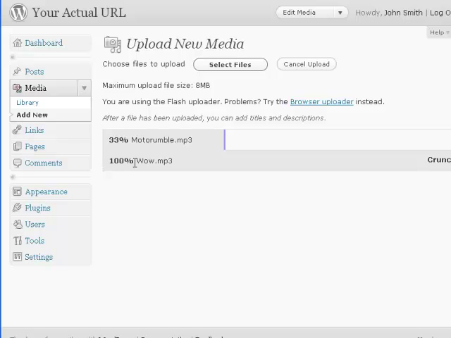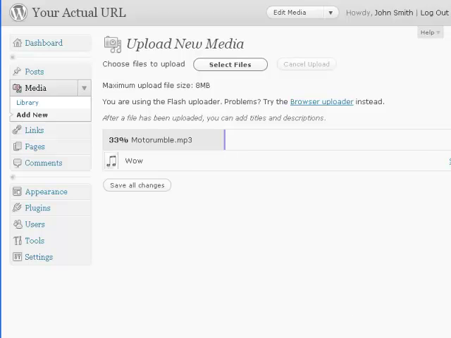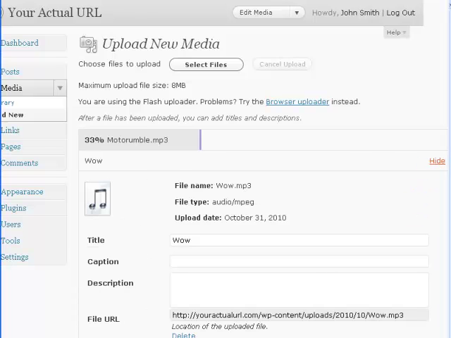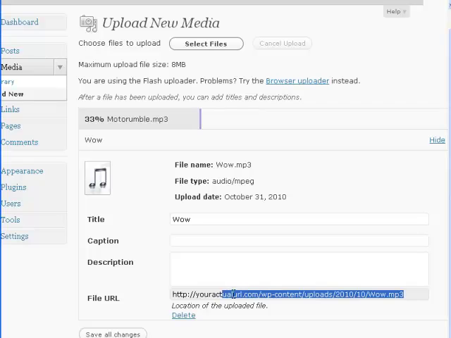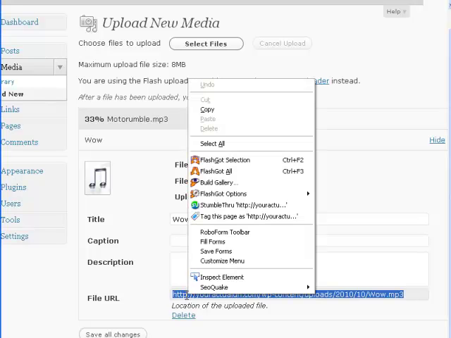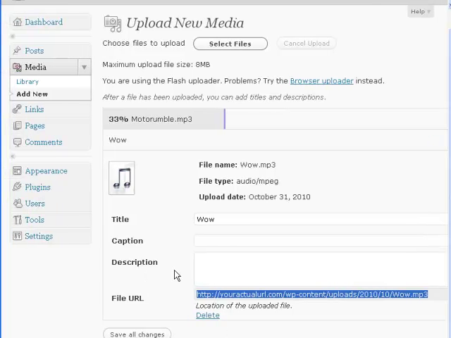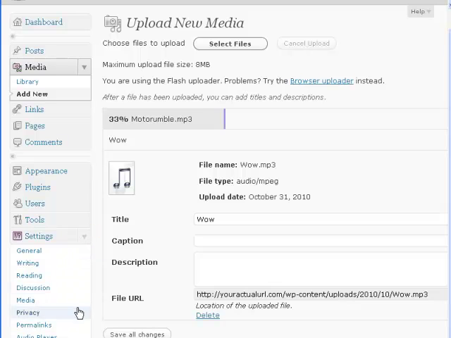But it was corrupt, so we're going to upload another one. All right, so now the MP3 file has been uploaded successfully, and WordPress has extracted it. It's an MP3 file, so I can actually click on Show here and get the complete location of that file. All right, so what I'm going to do here is I'm going to copy the file, and then I'm going to go to WordPress, and then I'm going to,